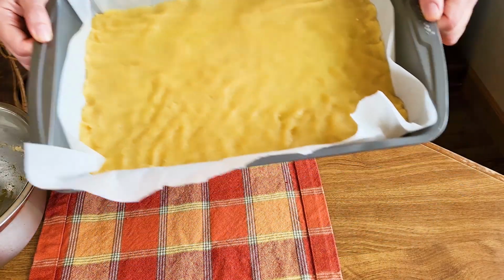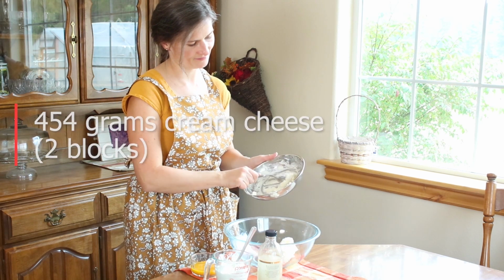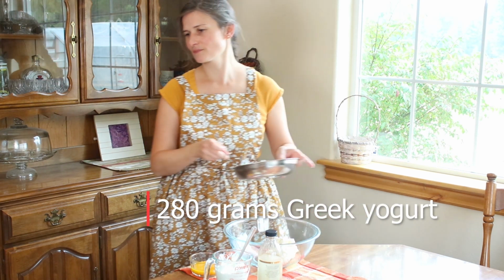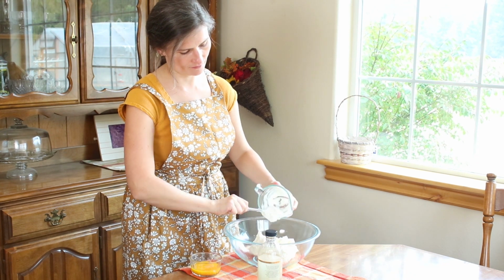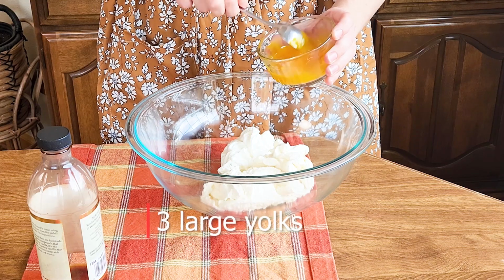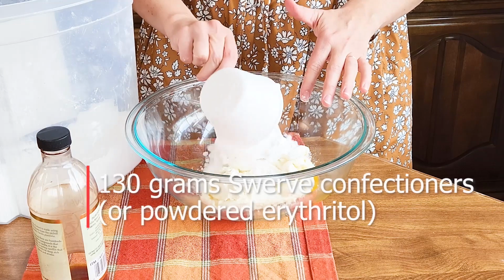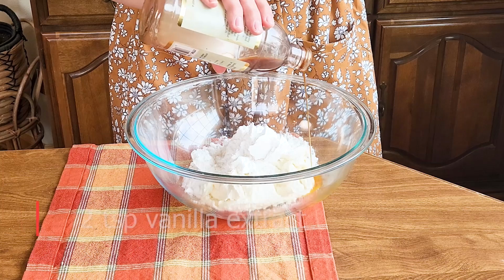Since this is a cheesecake, of course we need cream cheese for this filling, and I'm using 16 ounces of softened cream cheese. And to this I'm adding 1 cup of Greek yogurt, and do make sure to use the thick Greek yogurt and not the natural runny yogurt. I'm also adding 3 egg yolks. I used the egg whites earlier to make hamburger buns. My low-carb sweetener today is Swerve Sweetener Confectioners, and I'm using 1 cup of that, as well as 2 teaspoons